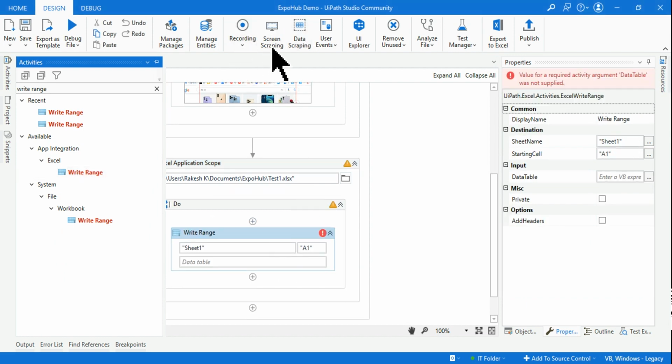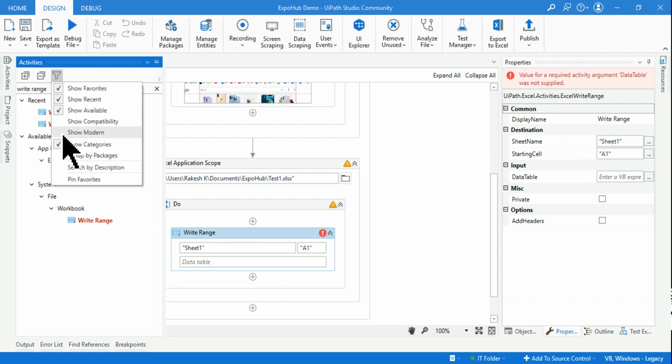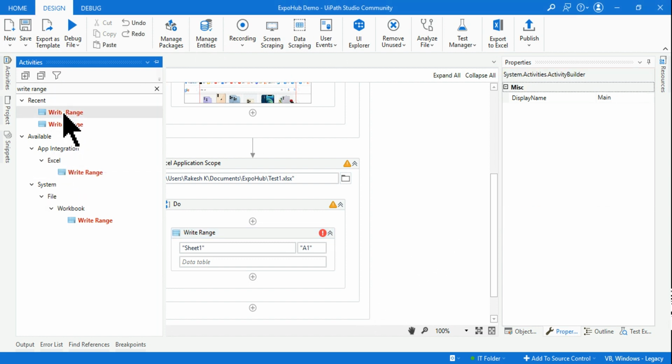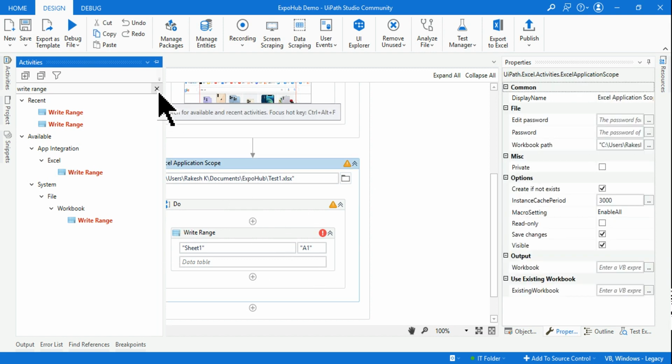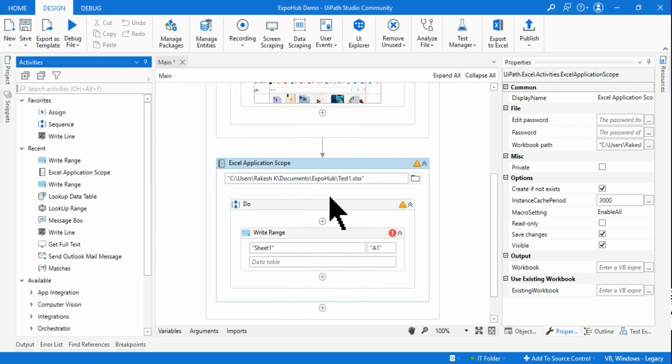Now once you switch back from the modern design, all of this will be available. Otherwise, in the filter option also you can enable show modern or show classic, depending on the view you are in, if you do not see certain activities. All right, now what I'm going to do here, the Excel application scope,